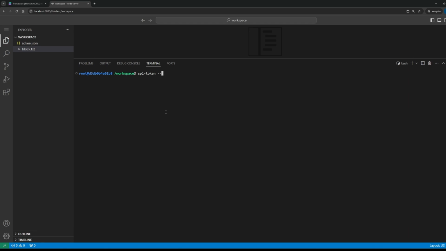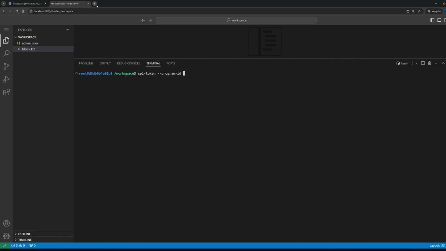This metadata needs to be specified for the token. Name, URI, and symbol are available in Token 2022, so we need to specify the program ID of Token 2022.